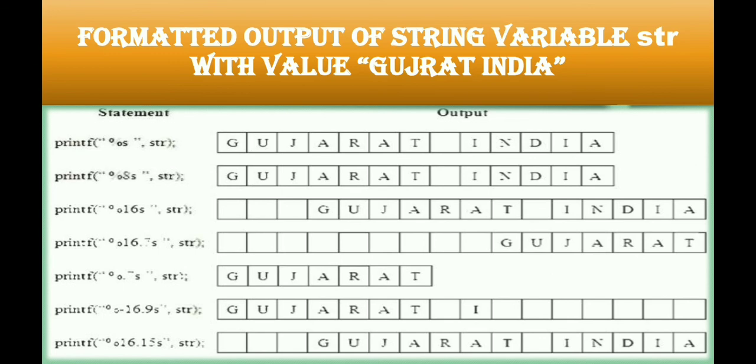so all the characters will be visible from the left hand side. Now in the second one we are providing the width of the variable as 8. But you just see, in the actual string a total of 13 characters are there, and the width we are providing is less than the actual length. That is why the second statement has no effect, and the output is the same as the first statement.